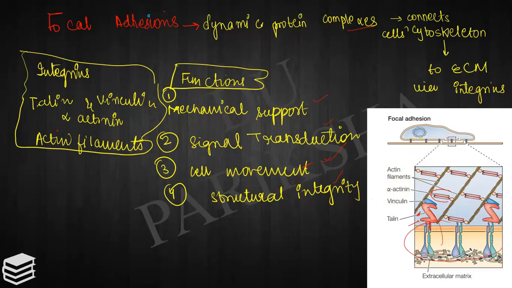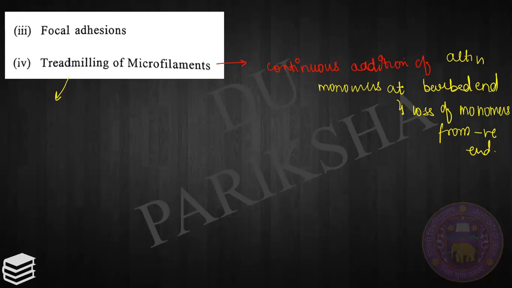from the stress fibers. Now fourth one, treadmilling of the microfilaments. So first we will see what is microfilaments. Microfilaments वही एक्टिन फिलामेंट्स, तो एक्टिन मोनोमर्स होते हैं जो जी एक्टिन्स होते हैं, ये पॉलीमराइज हो जाते हैं टू फॉर्म फिलामेंटस एक्टिन दैट इज एफ एक्टिन। तो फिलामेंट जो होता है, माइक्रोफिलामेंट्स और एक्टिन फिलामेंट्स, उनकी दे हैव